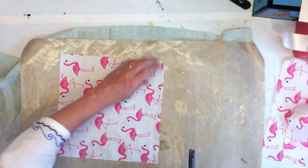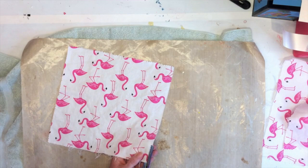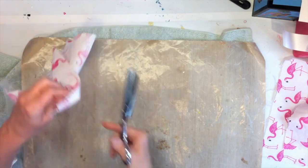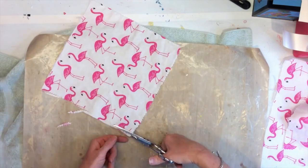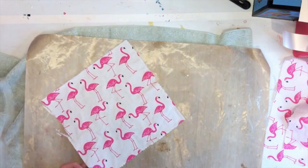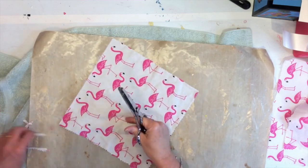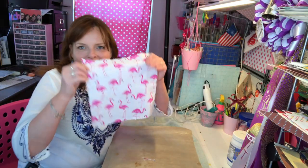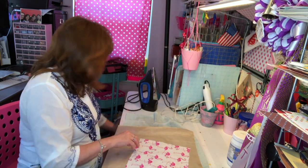Now I also want to go back over and cut the edges that were already straight, just so that they have that zigzag on them so that they don't fray as badly. And you can make these whatever size you want, whatever works for you, whatever might fit on your bowls the best. All right, now that I have my fabric cut into a square,